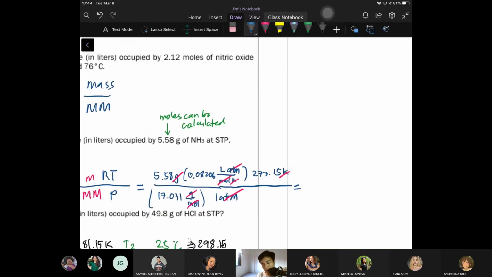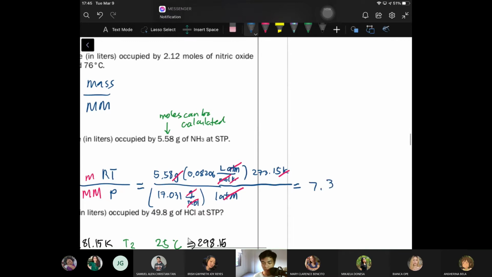Paki-plug in na lang sa calcu nyo. Okay, so the volume of ammonia is 7.34